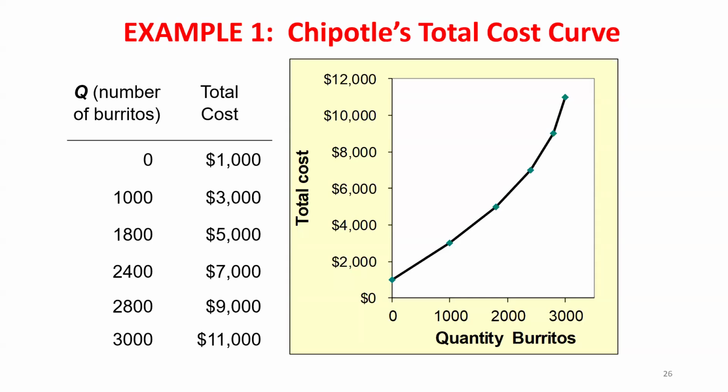2,000. What's the change in my quantity? 1,000. So I think about my marginal cost, it would be what? 2,000 over 1,000, which is 2. If I then want to think about what's the marginal cost of going from 1,000 to 1,800, well, I need to hire a second worker. The change in my total cost is still 2,000, but now the number of additional units I'm getting is only 800. So 2,000 over 800 is now going to be what? 2.5. Because my workers are less and less effective, as I hire each worker, I'm getting less output, but I have to pay those workers that same total wage.